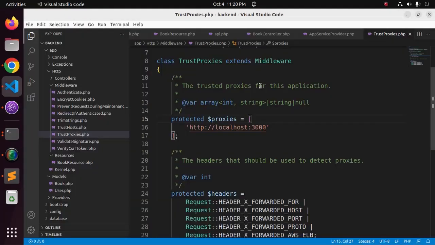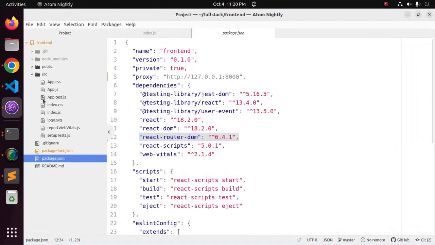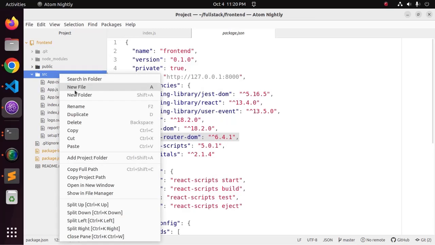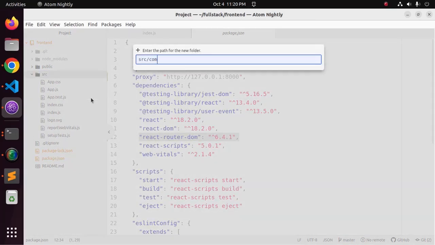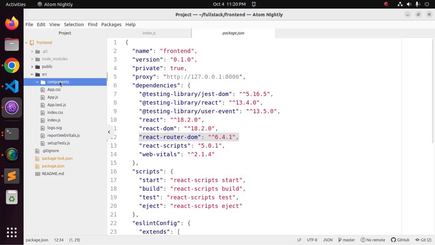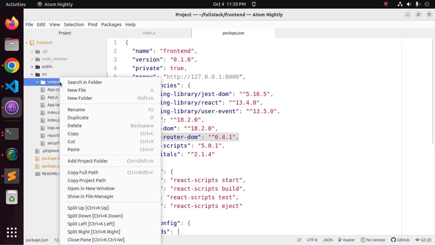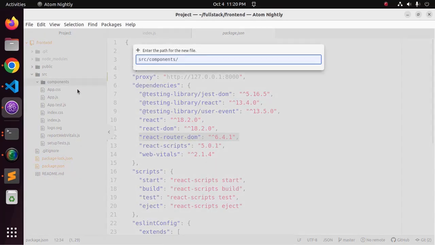Okay, now create some initial pages. So create a new folder inside source folder. I'm going to name it components. Okay, now create a new file and I'm going to name it list.component.js. Okay,